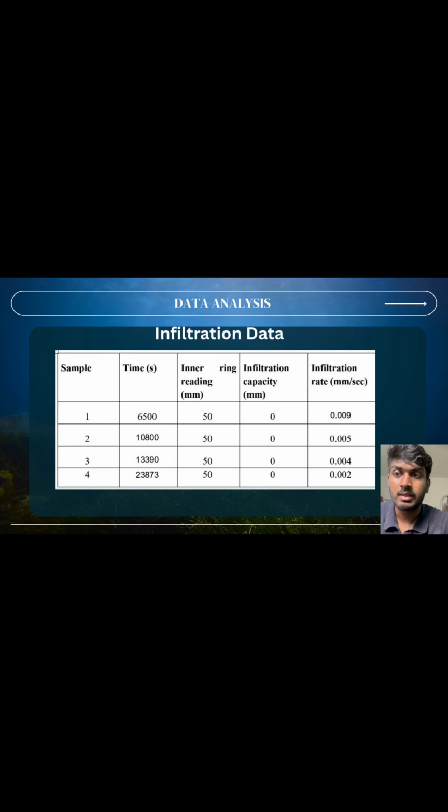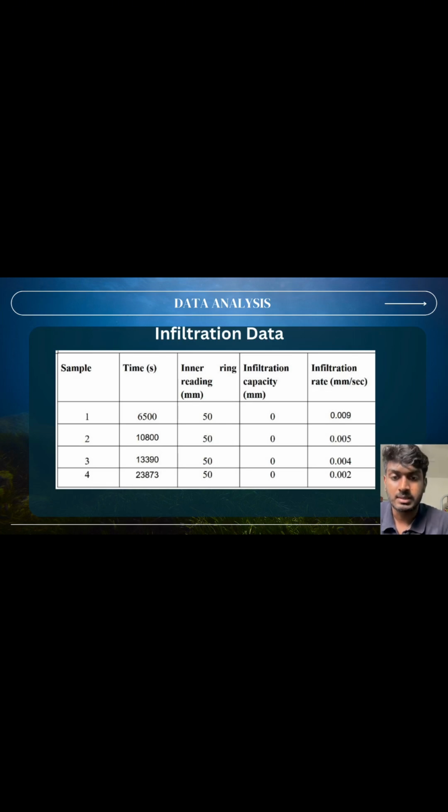The fourth and final cycle registered was the longest, with a time of 23,873 seconds, with the infiltration rate slowing down to as low as 0.002 mm per second. On all four cycles, the infiltration capacity was also 0 mm. The infiltration was slow and kept slowing with every succeeding cycle, which shows that the soil was becoming more and more